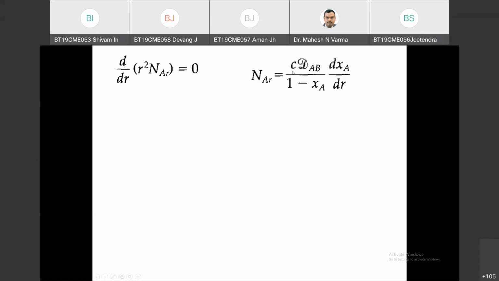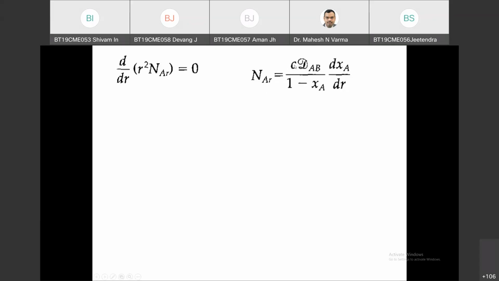So this for binary system, we have already discussed. When NBR equals NBR, the flux of B in the R direction equals 0. Why will that be 0? Because the solubility of B in A is negligible, so gas B is not coming in the negative R direction. NBR will be equal to 0, and using the NAR for binary system, we'll